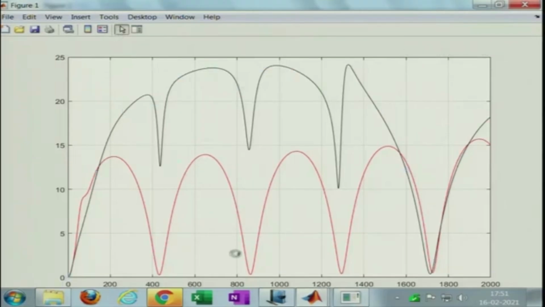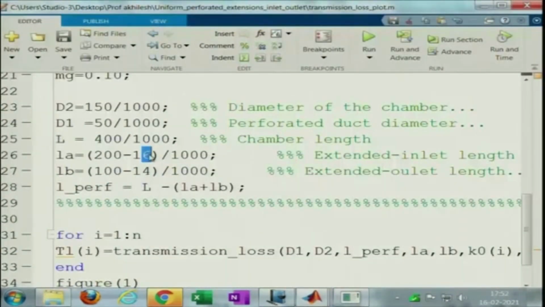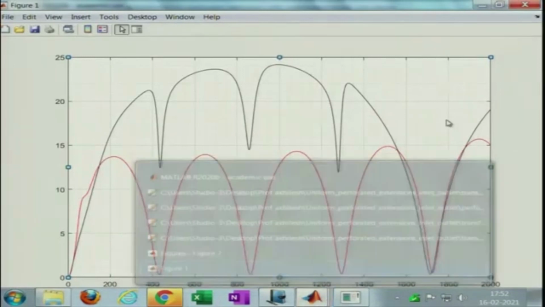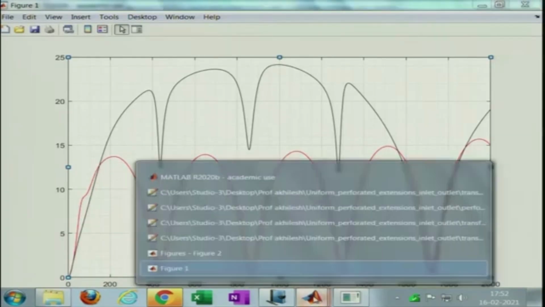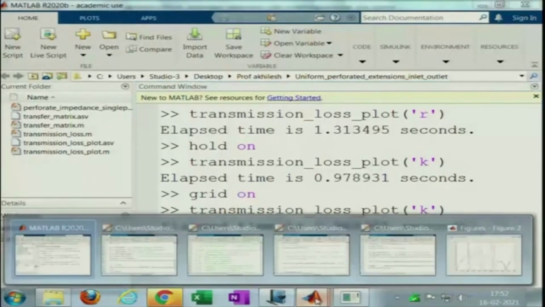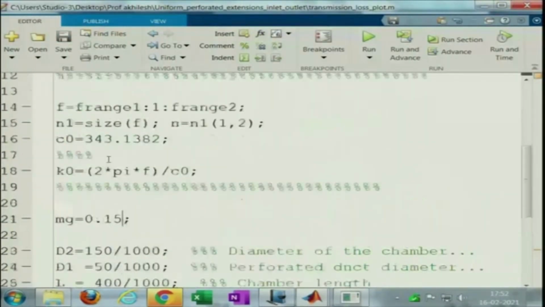If we were to keep doing these iterations a few more times, this can be a little annoying for the people who do not really want to do this. Let us put this as 14 and go back to our figure and plot it again. So, we would want this peak really to completely cancel out the trough for a non-zero value. So, what we can do is have a still higher value and do this exercise. So, I will set the grazing flow value to 0.15 and the extension length could be